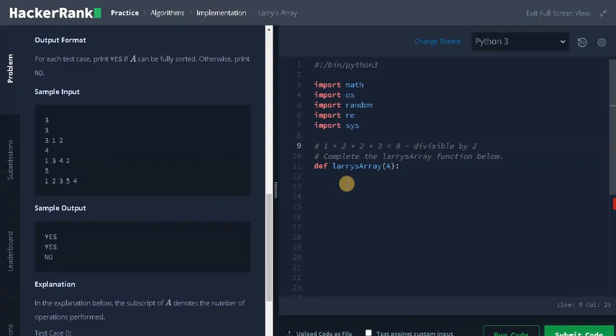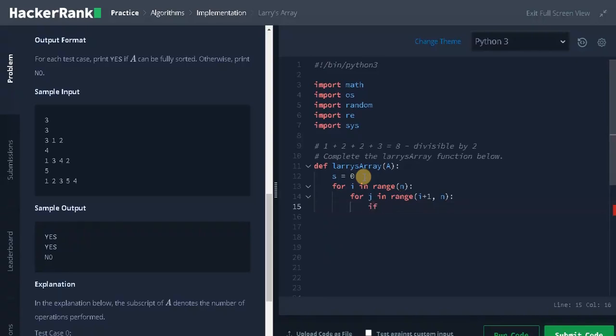So now let's solve the problem. Initialize s equals 0. Iterate the array: for i in range of n, and again for j in range of i plus 1, that is the next element, comma n.